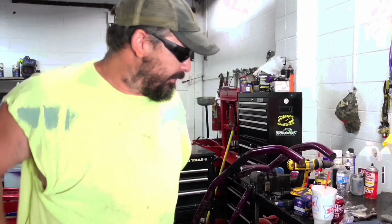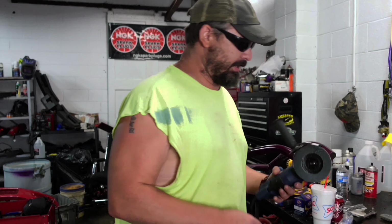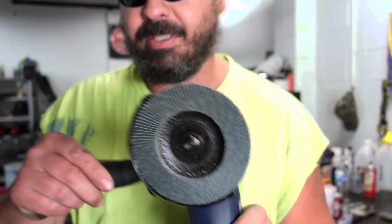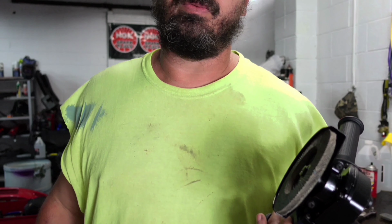So ideally you want a face shield. I can't find my welding hood or nothing. So what I'm gonna do, I have a tiger paw, it's called. It's an abrasive like sandpaper, and we're not going to cut